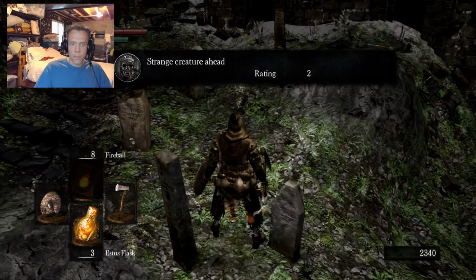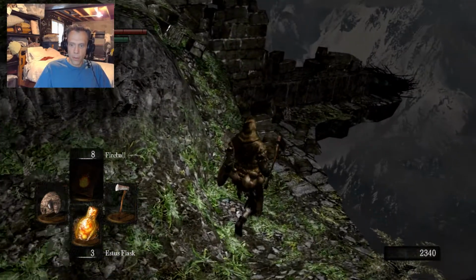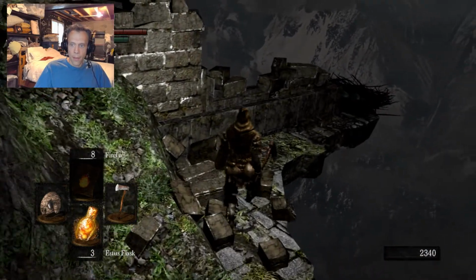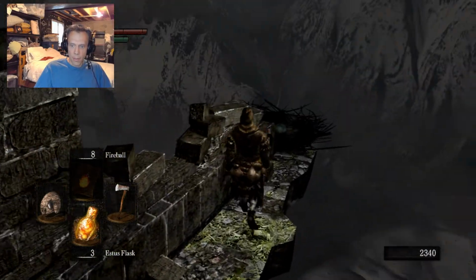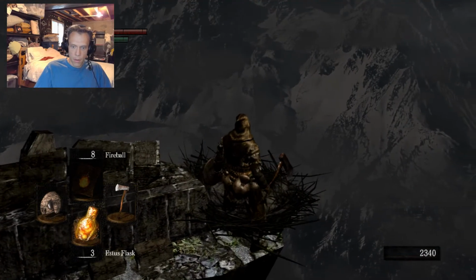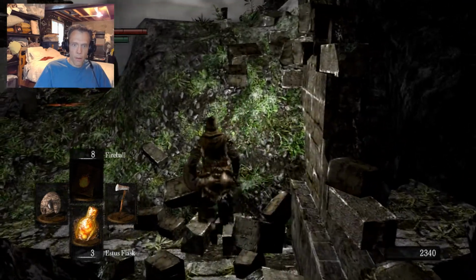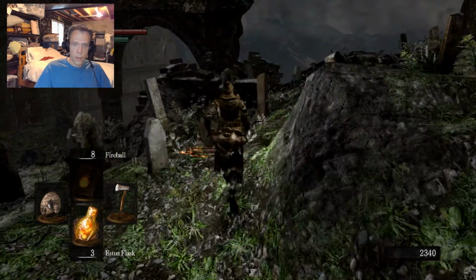Another message here. Strange creature ahead. Rating 2. Okay, so if we head out here, I believe this is somebody we can trade with. I'm not sure exactly how it works, but